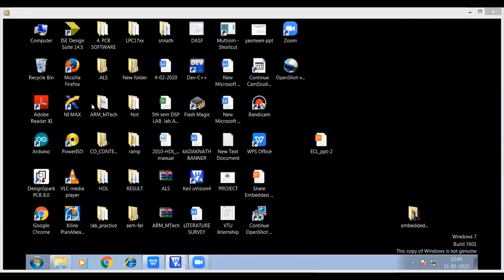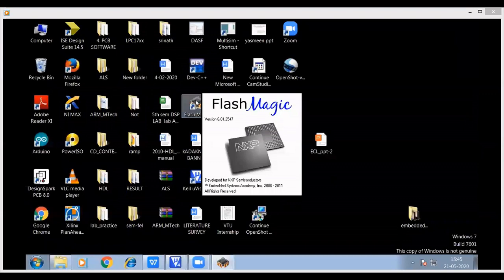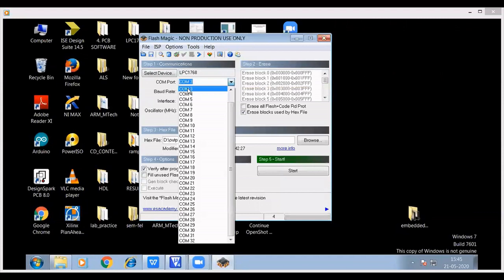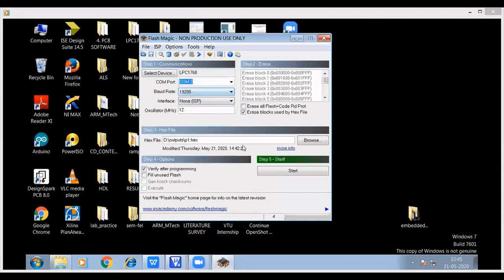So to download your program, we'll be using FlashMagic. So click on FlashMagic. Select the device, that is my LPC1768. And based on the COM port that you've connected for downloading, choose the appropriate COM port. So COM3 is used here. Once this is done, the baud rate is 19200.